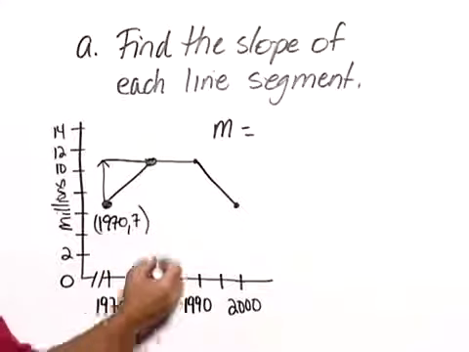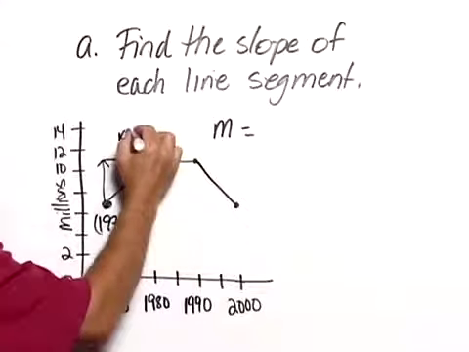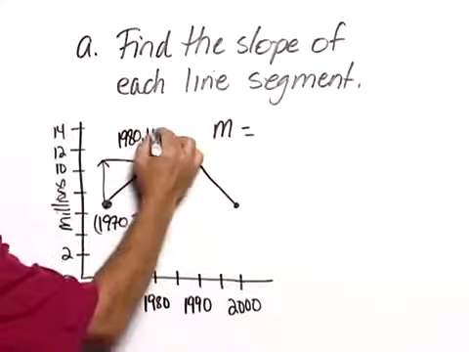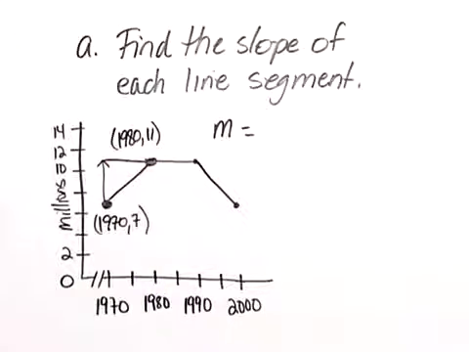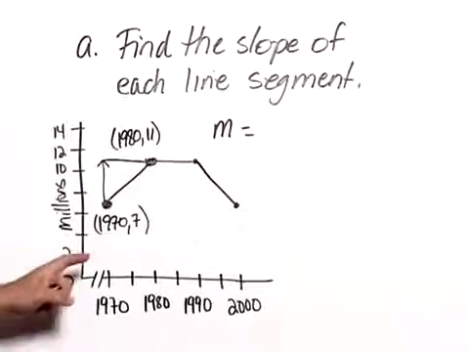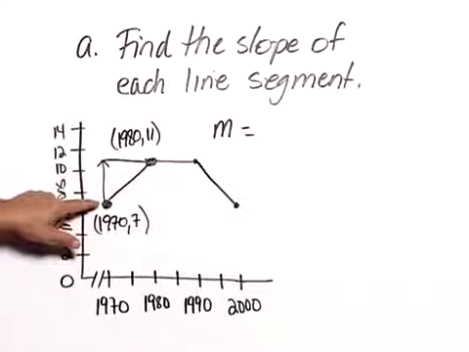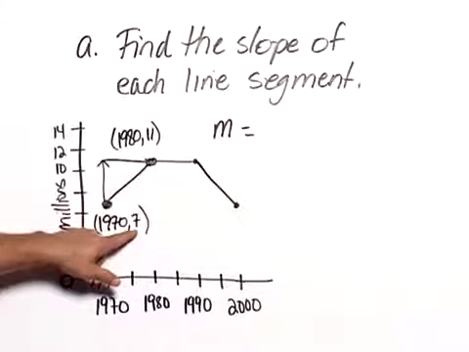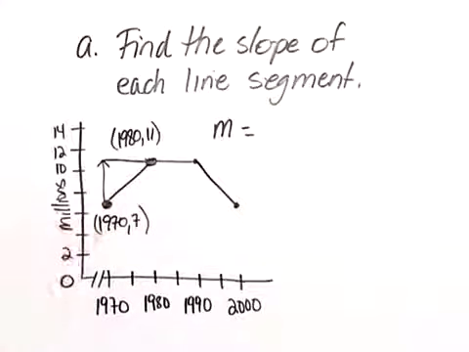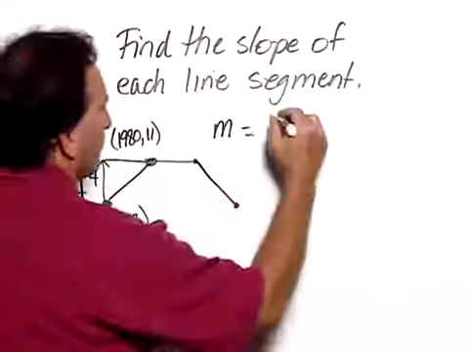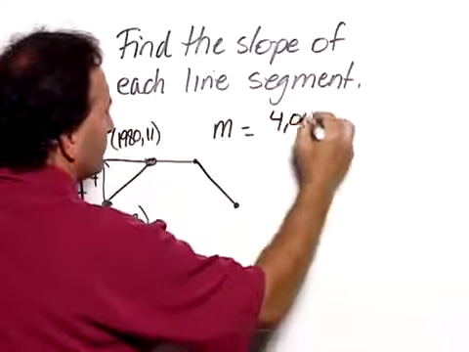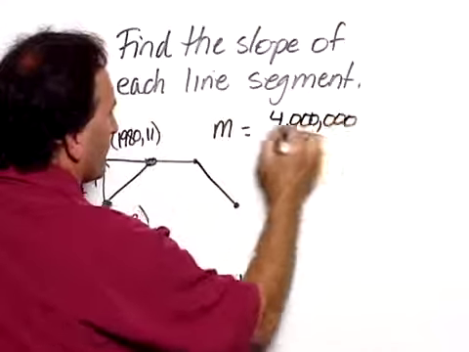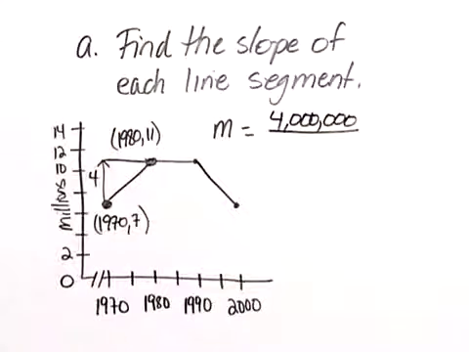This point is 1980, 11 million. And so, when we go to find the rise, it goes from 7 million up to 11 million. So that's a rise of 4 million. So 4 million